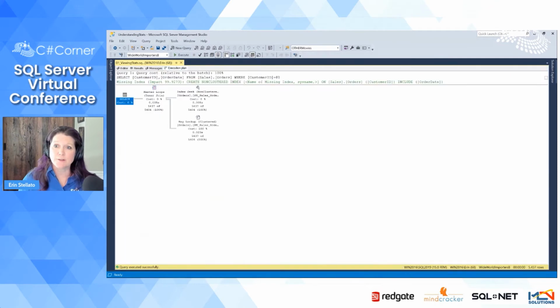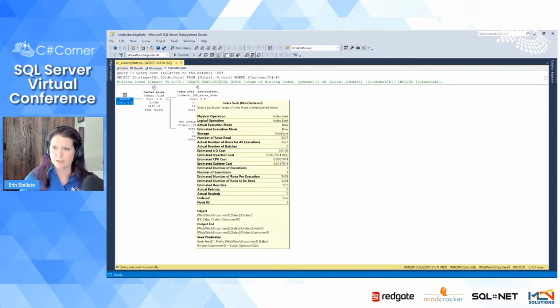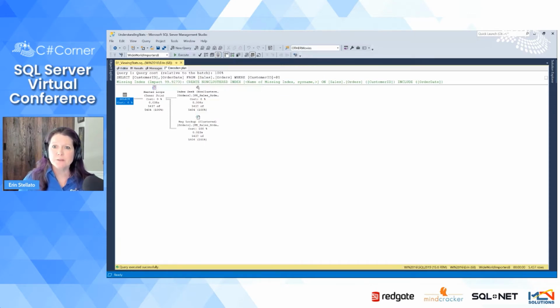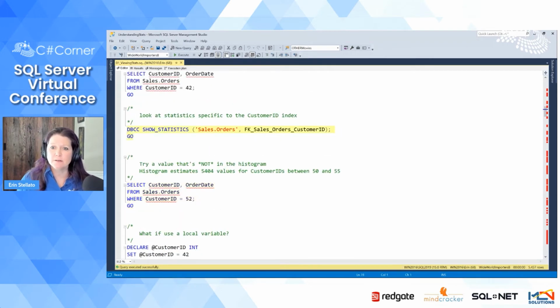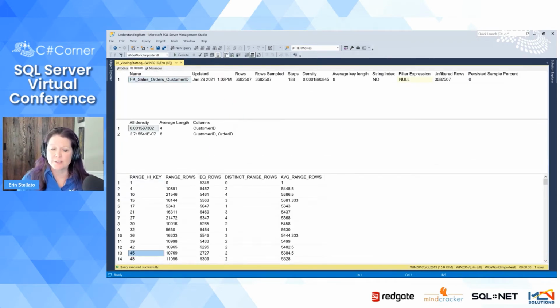We'll look at this plan and see that for the value of 52, it estimates 5,404 rows. But the actual was 5,437. So it's pretty close, right? It's not too far off. I wouldn't think that that's astronomically different. And again, if we check back here and look at our histogram,